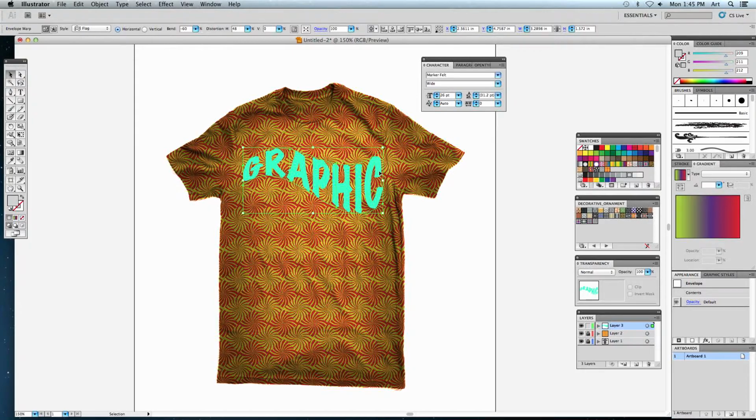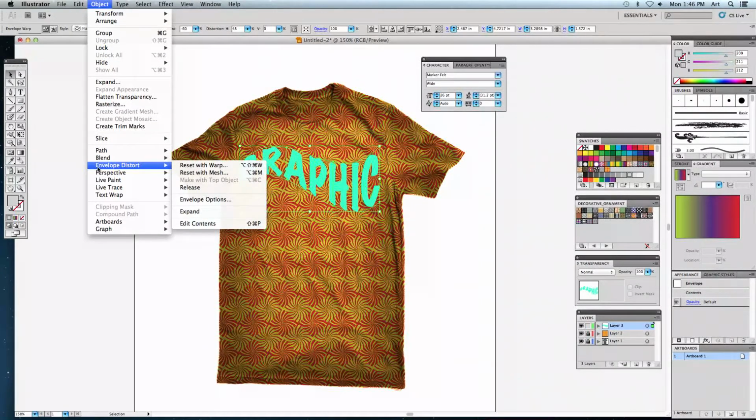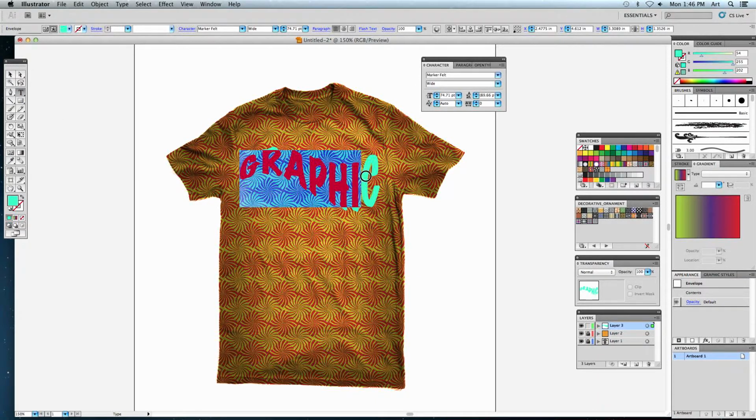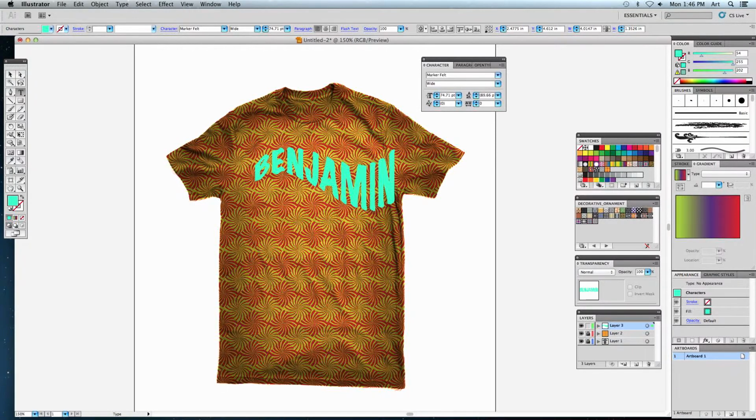If you do want to change the text, or if you do want to change the color later, here's how you can do it. Go back to Object, and down to Envelope Distort. Remember, that's where we did the warp. And at the very bottom, you can see Edit the Contents. The contents of this being the text that you created. With that selected, you can see I've got my type line now. I can actually use my type tool, and I can retype in whatever I want it to do. So if you want to do your name, you can type in your name, and it still fits within that